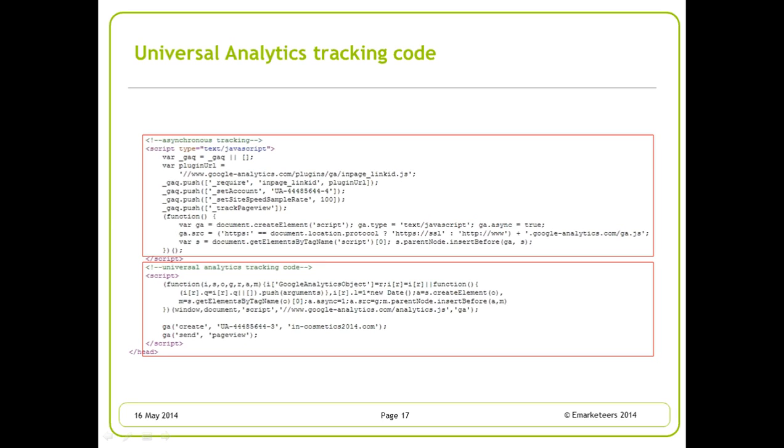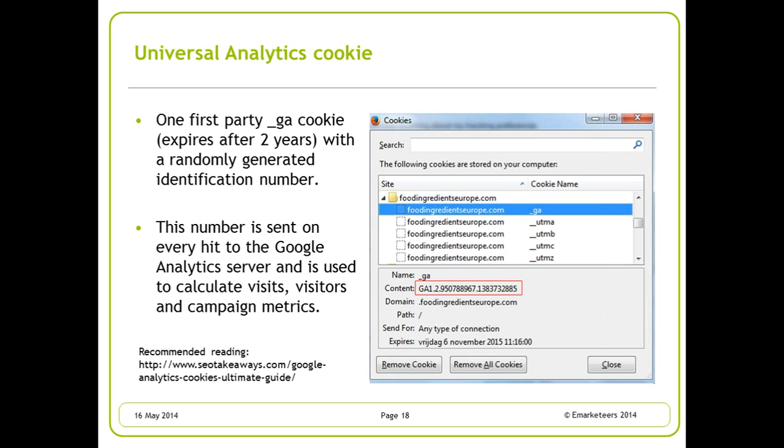So when you implement Universal Analytics using a new Google Analytics property, just make sure it sends data to a different view number in your account. Otherwise you get duplication. So this is the basic tracking code that you will need to install on all of your pages. What that will do, it will call the JavaScript when people visit your pages and store some information in one cookie.